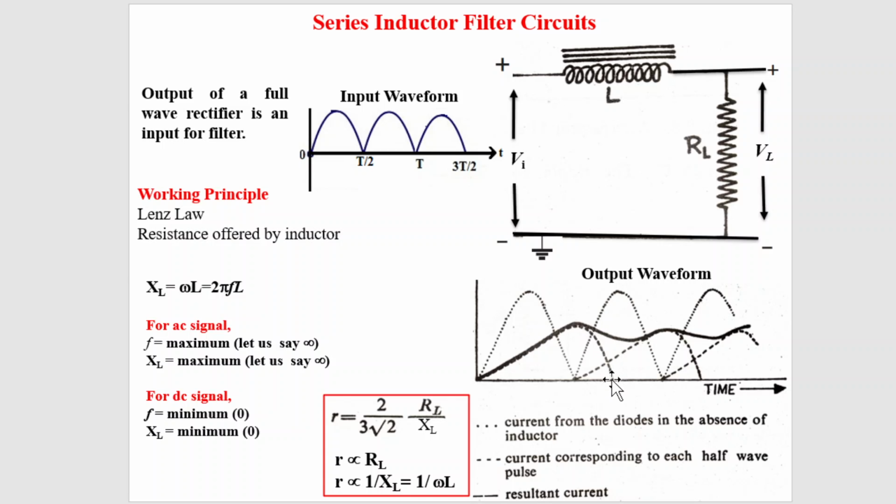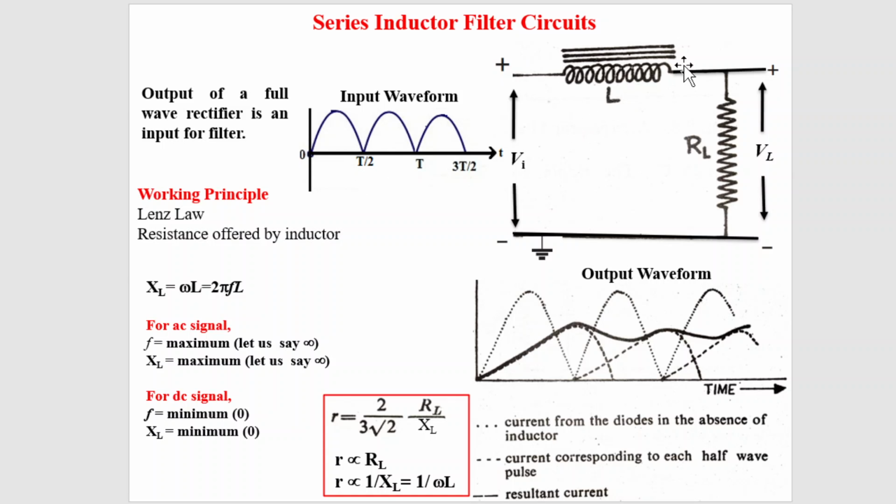At the same time, when the input current is decreasing, the opposite polarity of EMF is generated within the inductor, so it will try to maintain a current flow. So the actual net current across the load resistance will not go to zero; it will again start increasing. In this way, by changing the polarity of the EMF within the inductor, the inductor will try to maintain a constant output current across the load resistance. So this is the first principle.